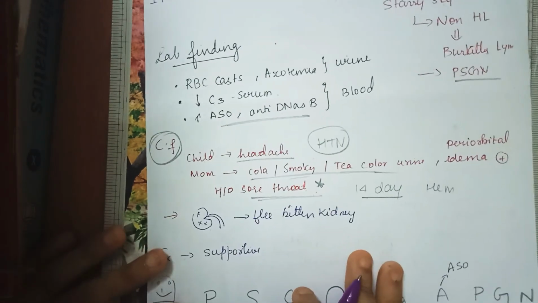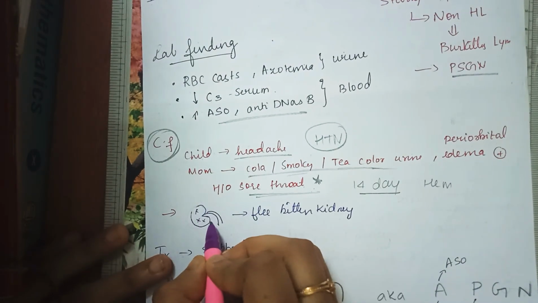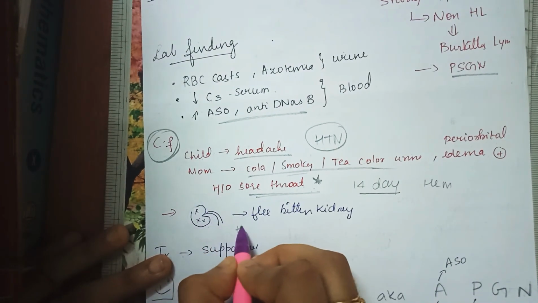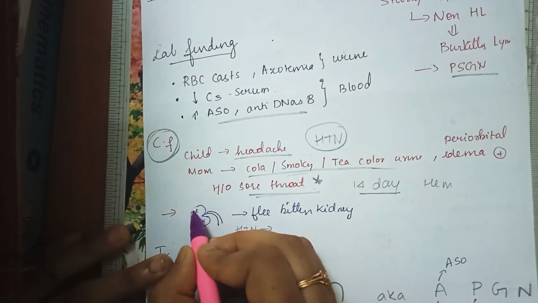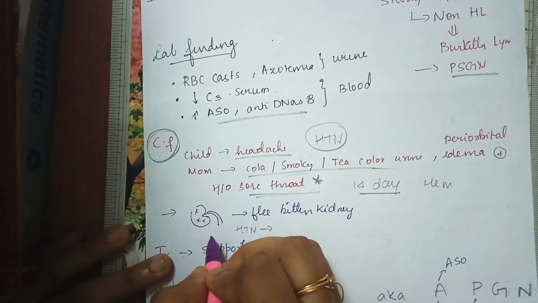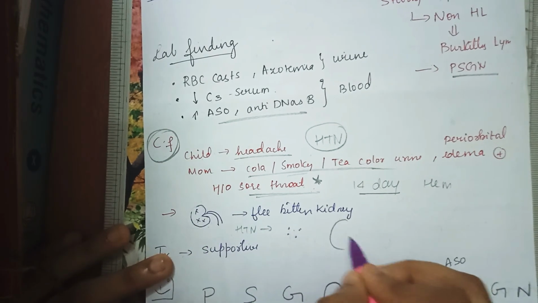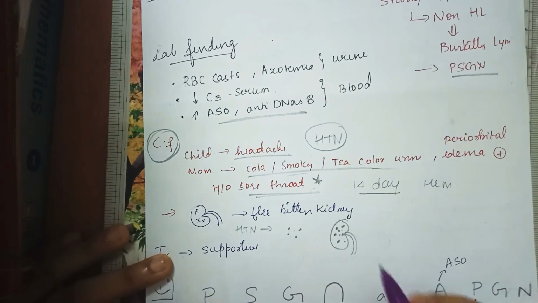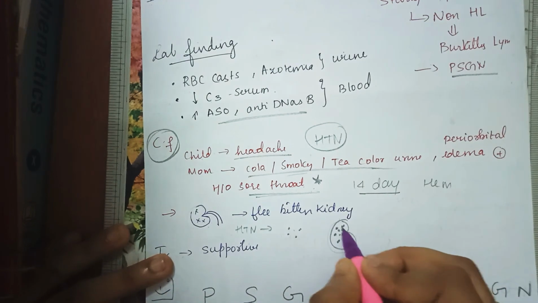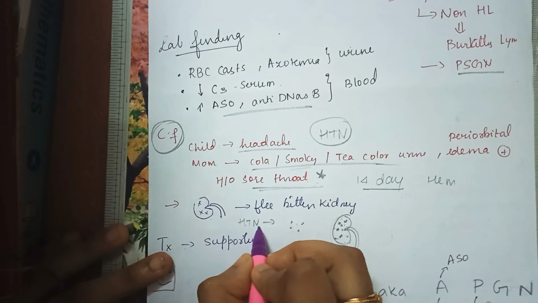Now one of the most important findings is the flea bitten kidney. This is nothing but our kidney. What happens is, because of hypertension there is damage of vessels. The surface vessels get damaged, because of which there is formation of pinpoint hemorrhages. So when I consider the kidney, there is formation of pinpoint hemorrhages. And when you see it grossly, it looks like a very angry kidney, because a lot of hemorrhages are seen, and it is mainly because of hypertension.